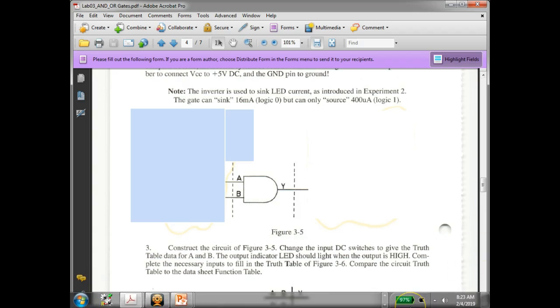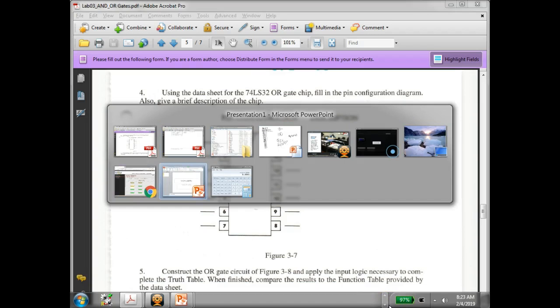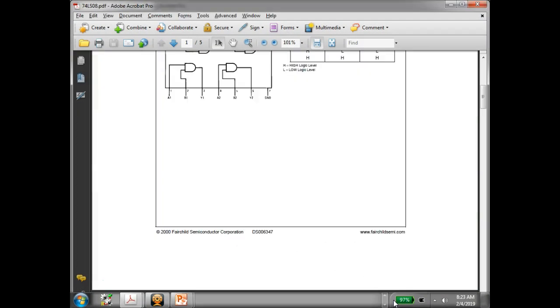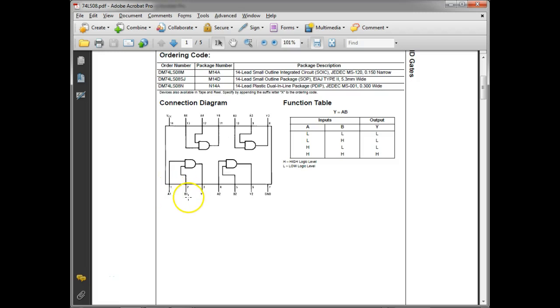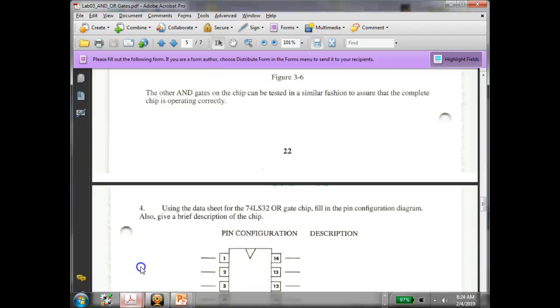And when I look at the pin out, which we know what it means now, right? You understand that? This is the way they're assigned. So AND gate number 1, they're calling this A1, B1, and Y1. Can y'all see that? They're numbering this gate 1. And over here they're calling this A2, B2, and Y2. Right? You understand? Okay. So when I come up here and do this pin out,